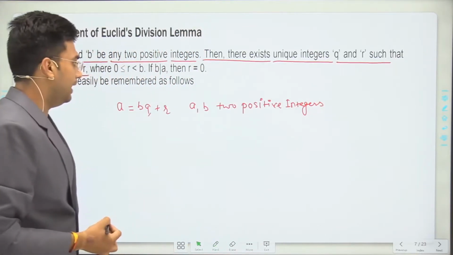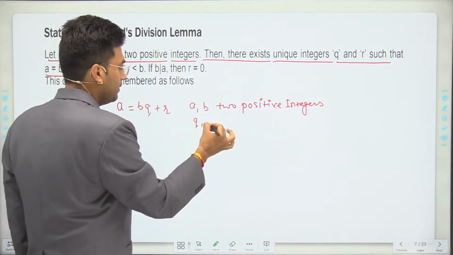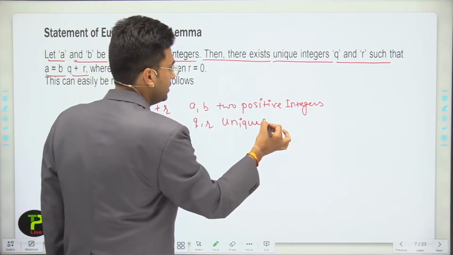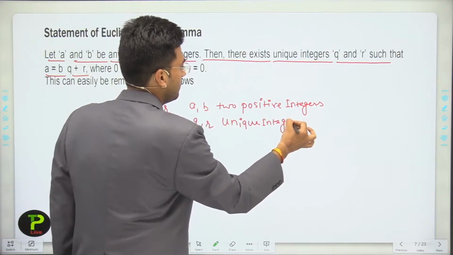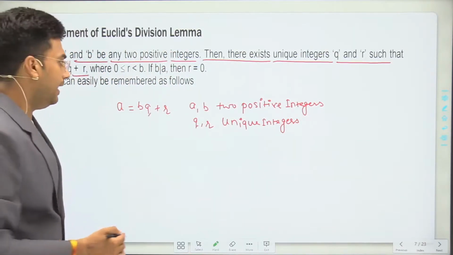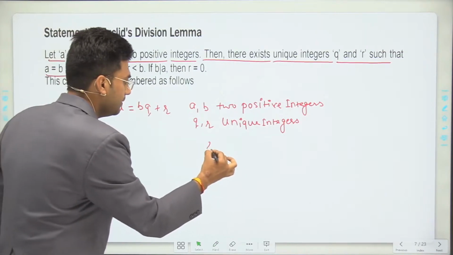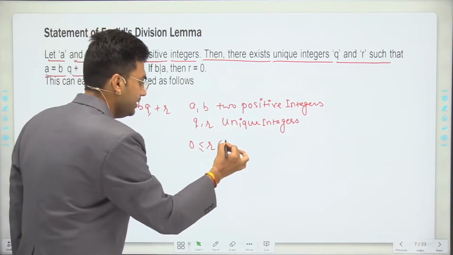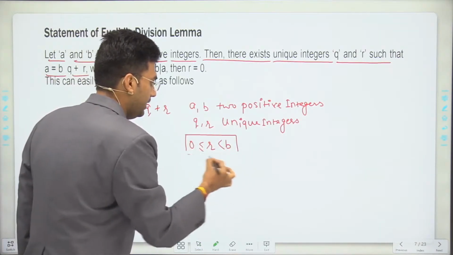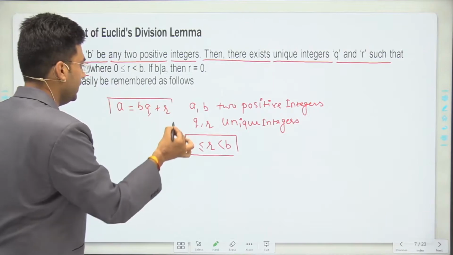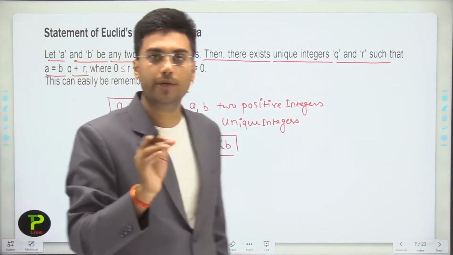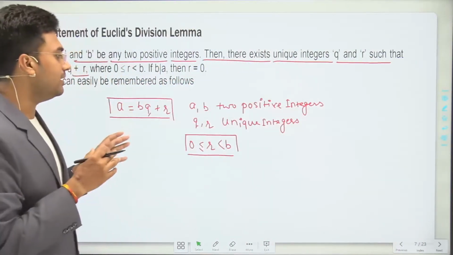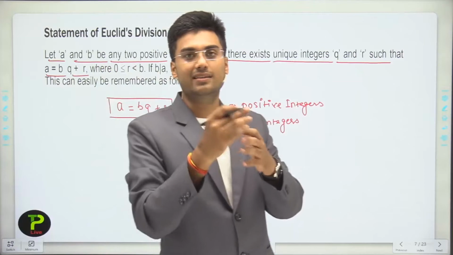Okay, and q and r unique integers. Okay, and here this r is always greater than or equal to 0 but less than b, and this is all about Euclid division lemma. Okay, now from where this comes, this is nothing but the updated version of division algorithm,